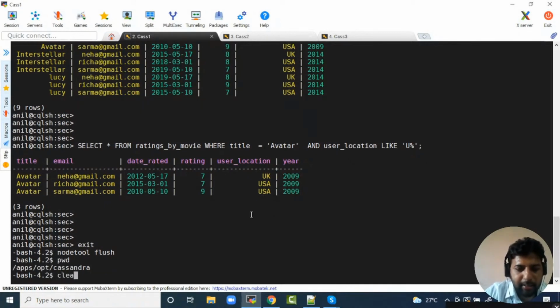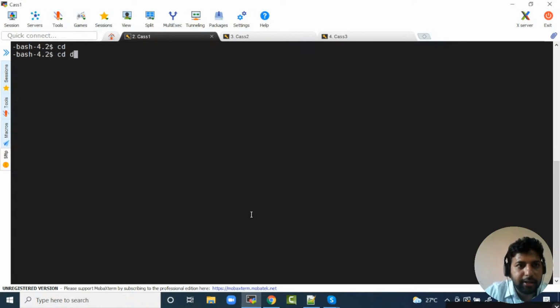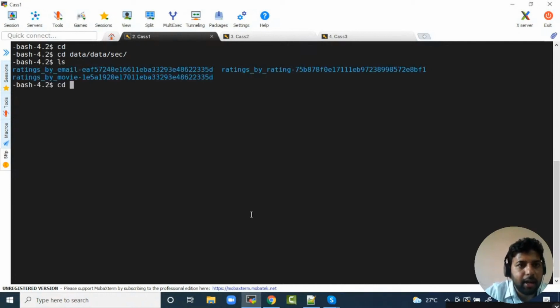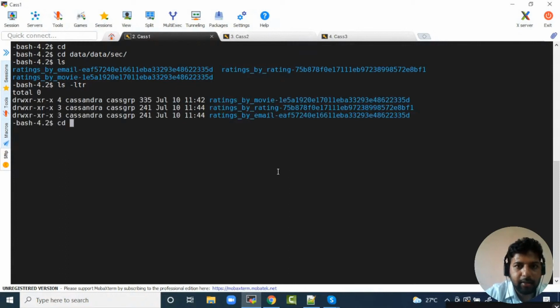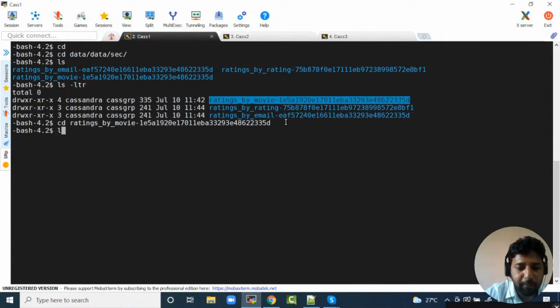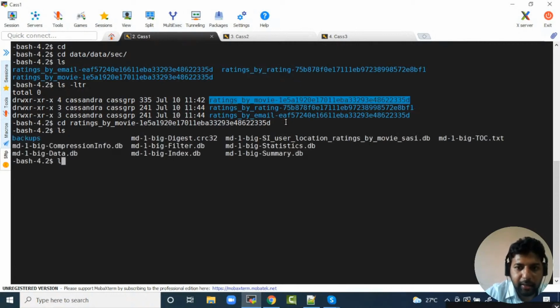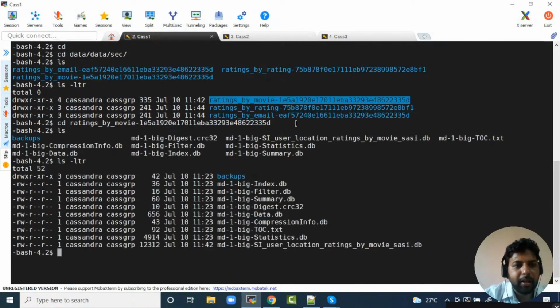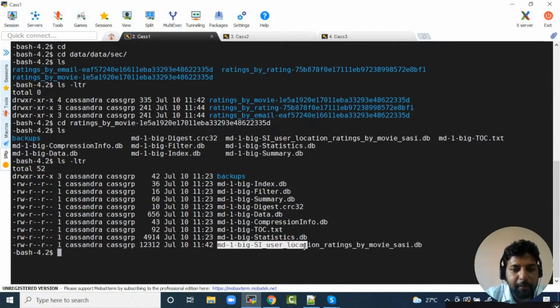Let me clear my screen and jump into the table, which is named ratings by movie, where we created the SASI index. If you notice, your index data also has its own SSTable, right?